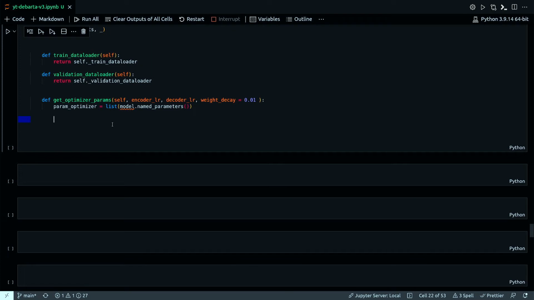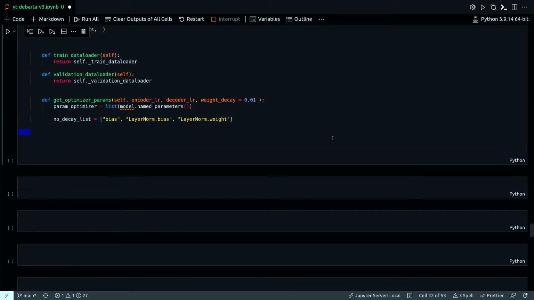And now I need to define a list of parameters that are not subject to weight decay. So this list is bias, LayerNorm.bias and LayerNorm.weight. Finally, I should be able to define optimizer parameters.